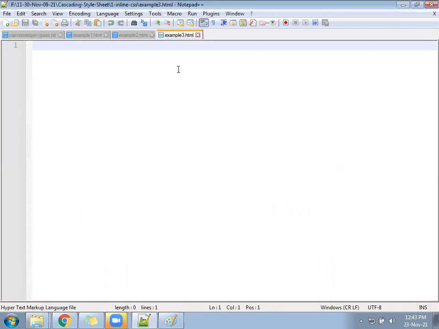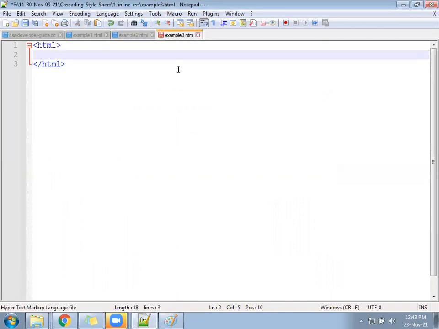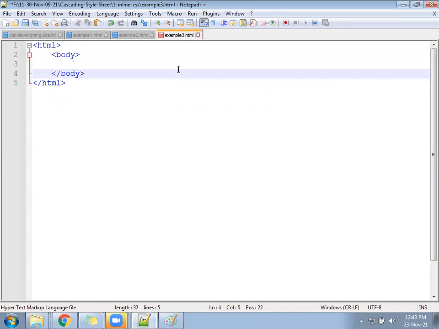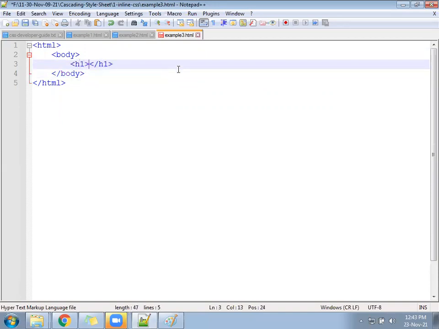So inside this file, write HTML open and close, then the body tag, and inside it an H1 tag. Keep inside it: CSS margin example.